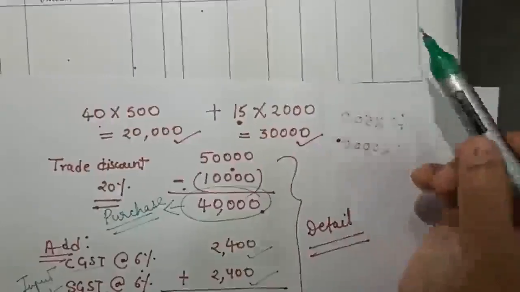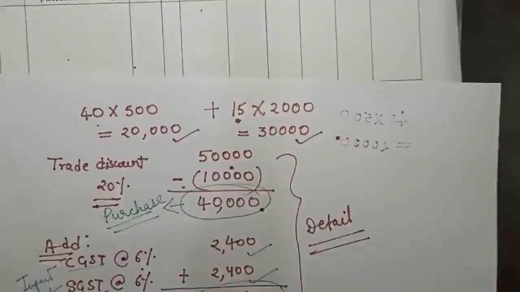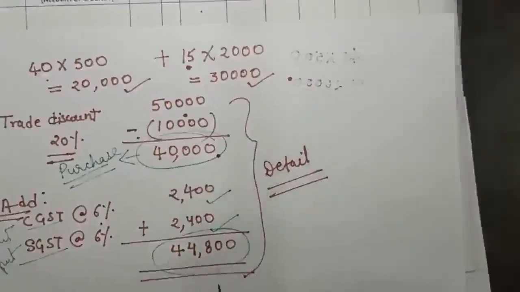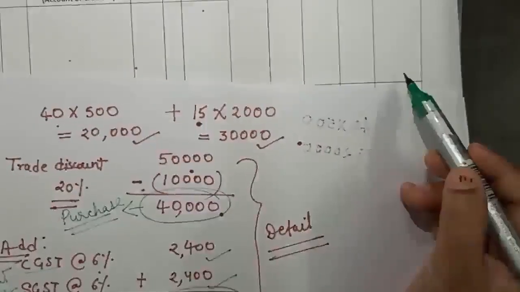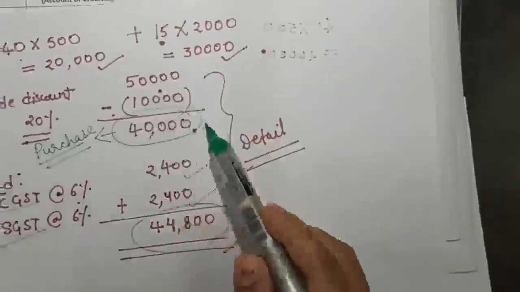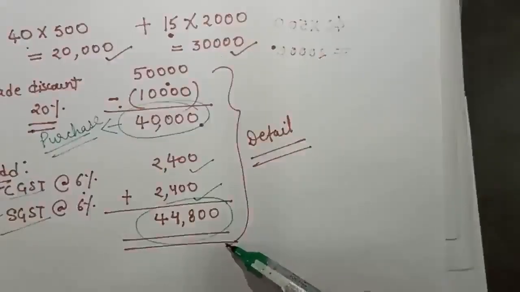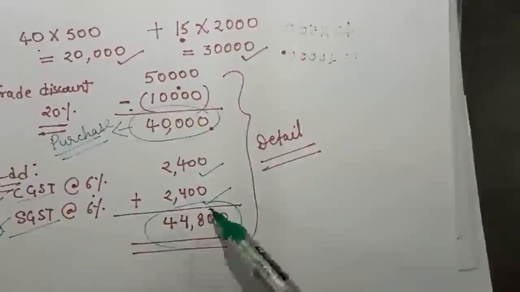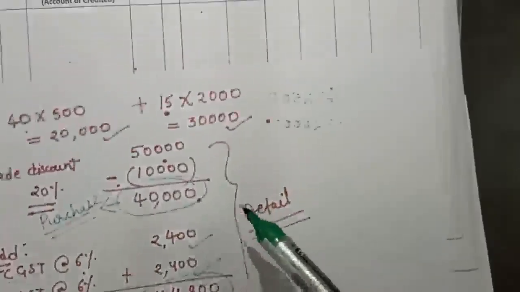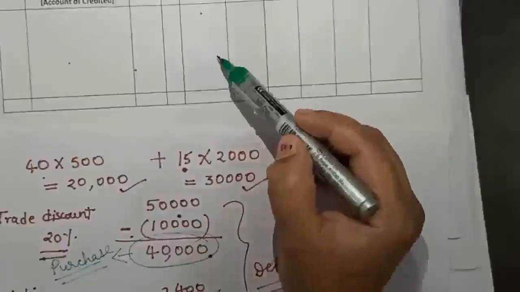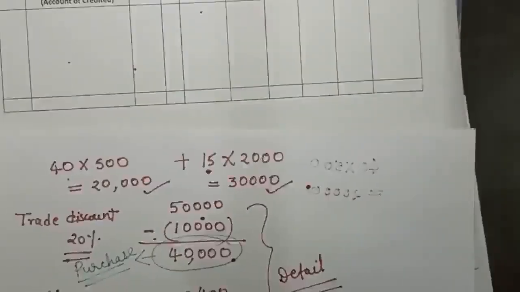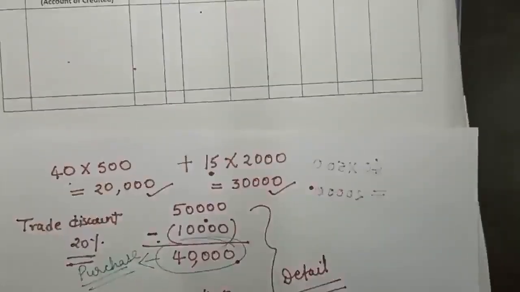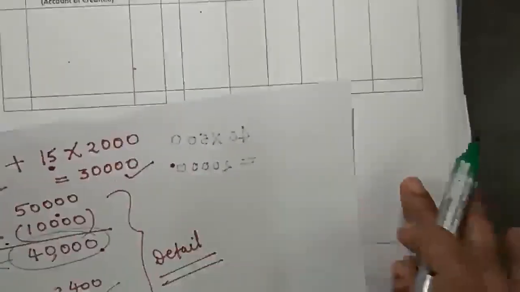खाली छोड़ देंगे इसे हम. और टोटल जो है 44,800 it will be mentioned in the two places. In the total amount also we are going to write 44,800 and in the detail column which is showing all the subtraction and addition of the discount and the CGST and SGST, the net we have is the 44,800, which will be mentioned here in the detail column. So, this will be the way we are going to do the treatment of each and every individual transaction.